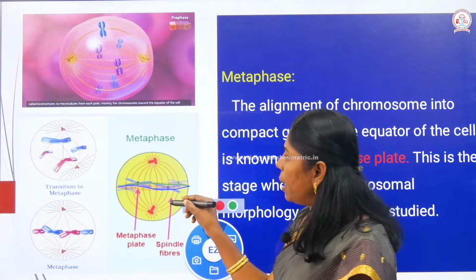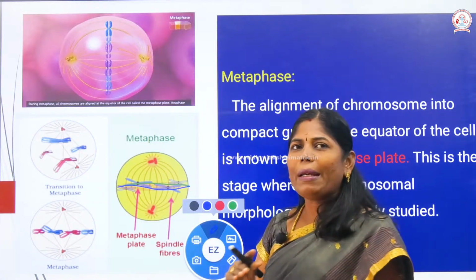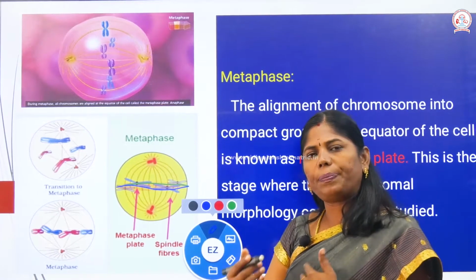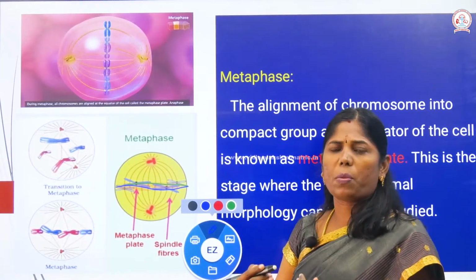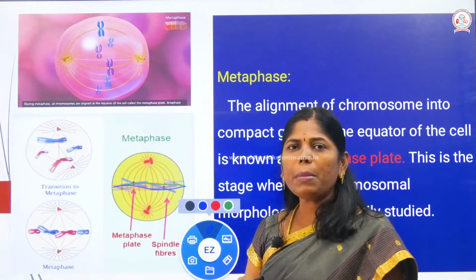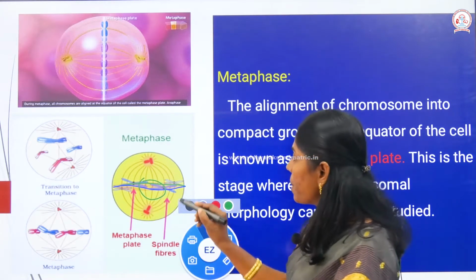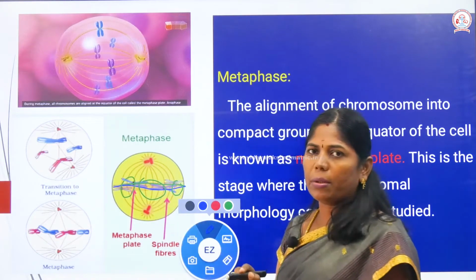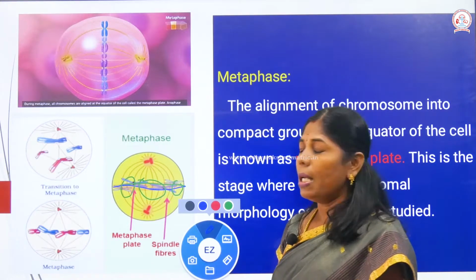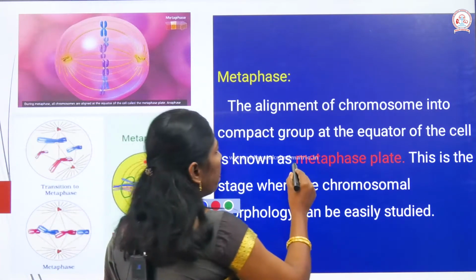So what about animal cells and plant cells? In plant cells, the chromosomes are irregularly arranged. There is no rule of big or small; there can be smaller and larger chromosomes, and they are arranged irregularly. But in animal cells, the smaller chromosomes are arranged in the center region and the larger chromosomes are arranged in the peripheral regions. This arrangement is called the equatorial plate arrangement, otherwise the metaphase plate arrangement.